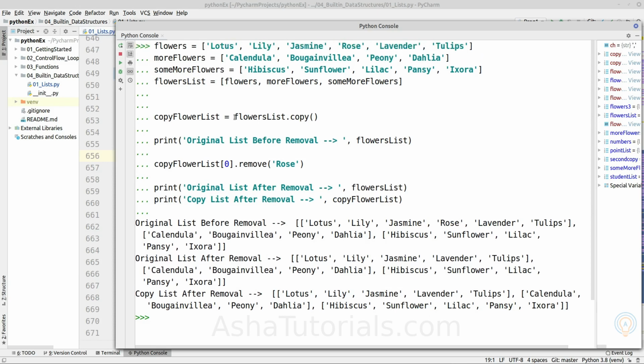Because when creating a copy, we are not actually creating a copy of the original list object in this case, but we are just copying the reference. So both are pointing to the same reference, the same object in the memory. So if it is modified by one of the variables, those changes will be visible by the other variable.